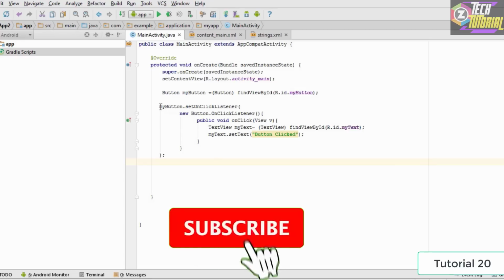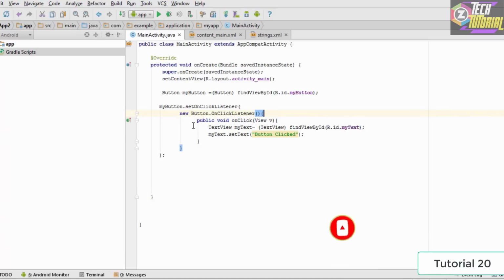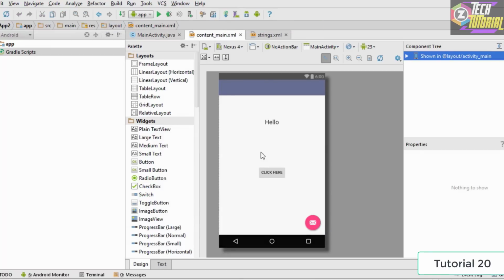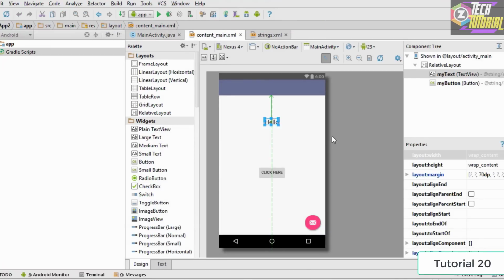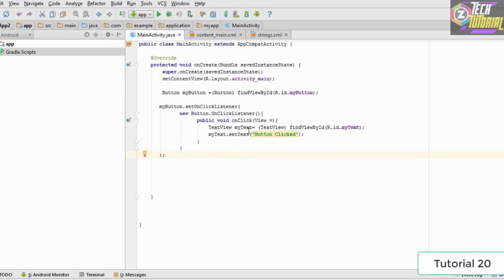So what we had done in the previous tutorial is that we have created the on-click listener, we have created the interface for the on-click listener, and then we have added a callback method into it. So what used to happen is that when we used to click this button right here, the text here would change. Now in this tutorial we are attempting to add one more action listener, and that is going to be the long click listener.